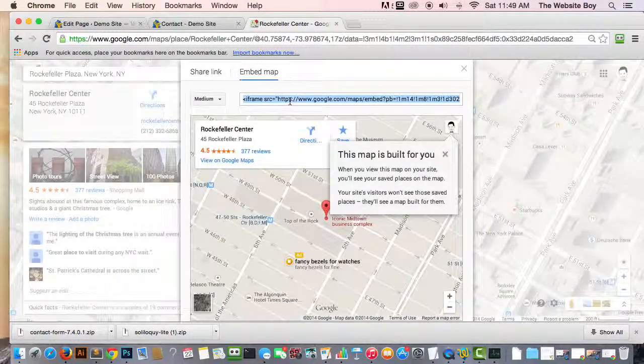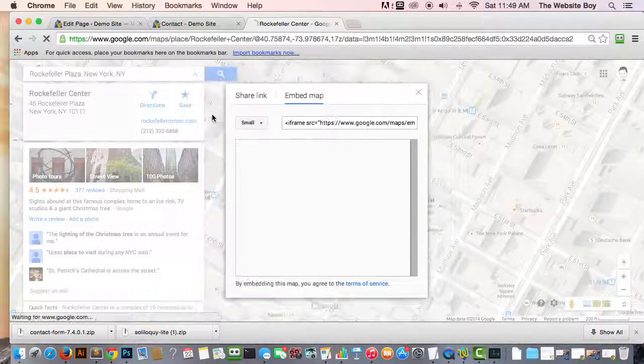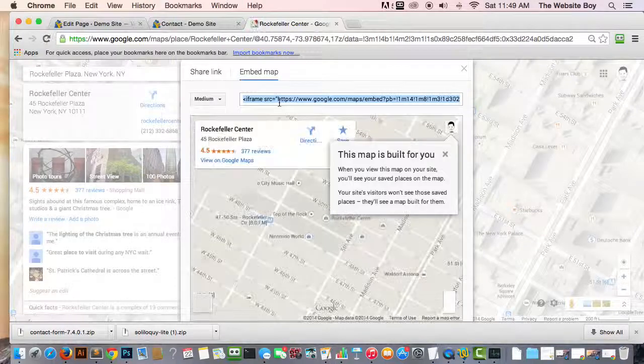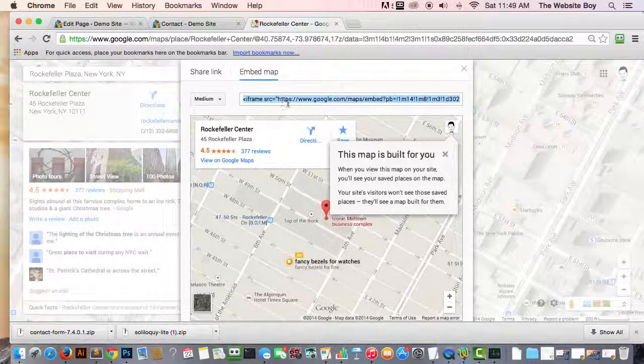Control C or Command C. We can also get the small one, but we're gonna choose the medium. Let's see how that looks in our site. I haven't tested this size yet. So, and then we are going back to our site,